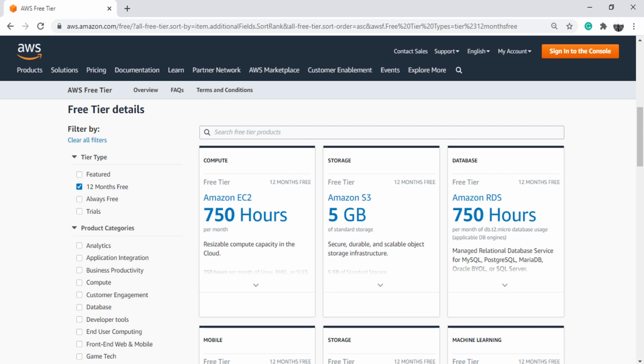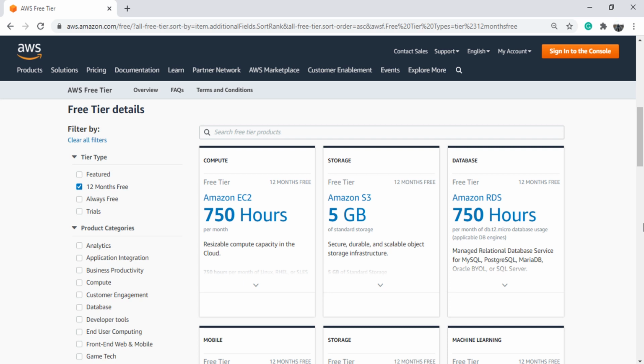Let's quickly look at the details. So, Amazon Linux, Red Hat and SUSE Linux are free for 750 hours. But you must be using free tier instances such as T2 Micro or T3 Micro. And the free tier instance type is also dependent on the AWS region. Some regions allow you to create T2 Micro under free tier, but others may allow a T3 Micro. Great. The point is straight.